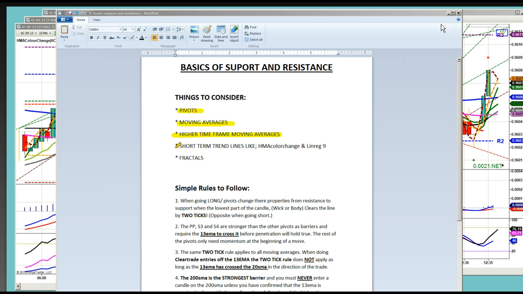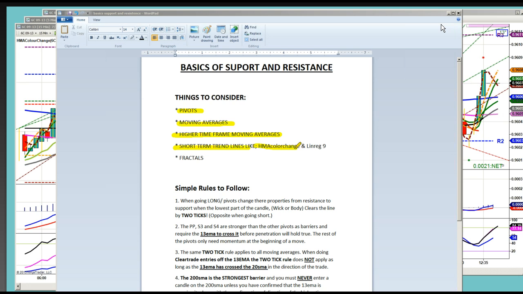And we're also going to be looking at short-term trend lines like, of course, our HMA color change and especially the Linreg 9. These two indicators, out of all the short-term trend lines that you could possibly use, are two really good indicators for support and resistance information to help you with your timing. And then we're also going to briefly cover fractals. So we've got a lot to get through. So let's start with,